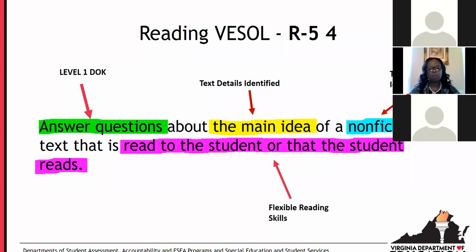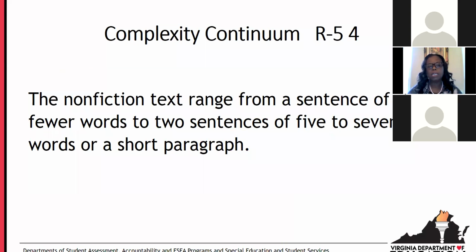Okay, so let's go on to the complexity continuum, because that's going to provide additional information, particularly about the amount of text in this nonfiction reading passage. So that text can range from a single sentence of 6 or fewer words. And having a single sentence presented would be appropriate for some students.